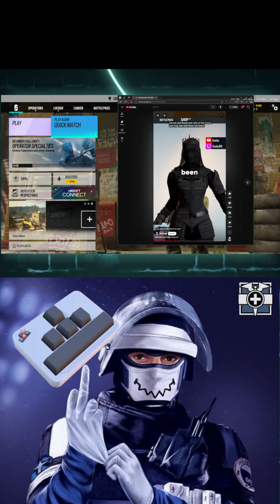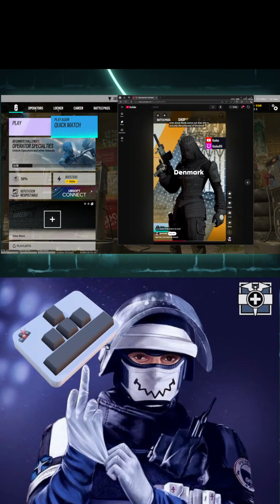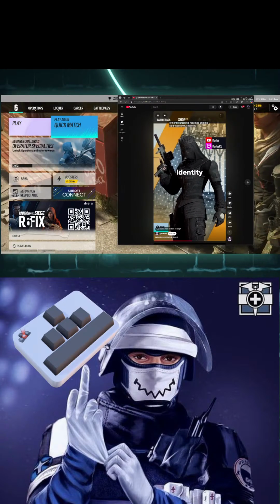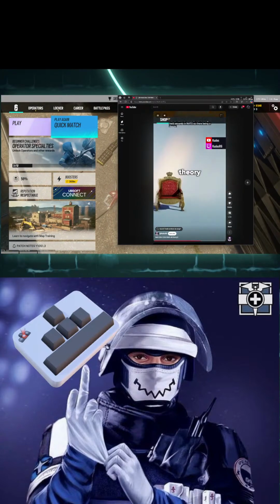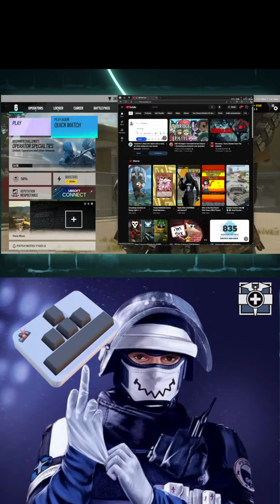Well, there has been a theory ever since Nook came out that she is actually the Princess of Denmark. A lot of her biography is redacted, and it is said that her true identity could pose a risk to national security, with it being held securely in NATO. So there has been a theory ever since Nook came out that she is actually the Princess of Denmark, and